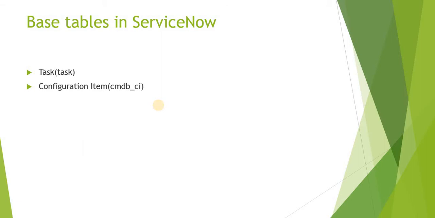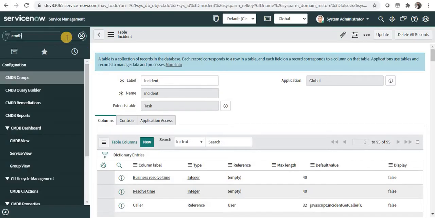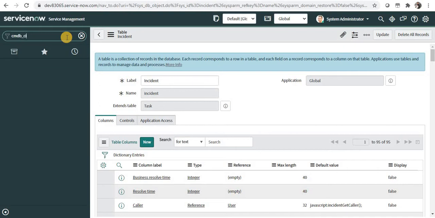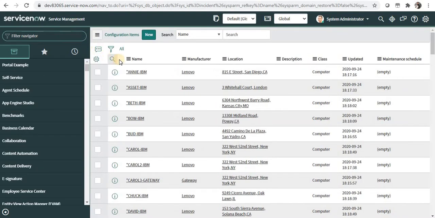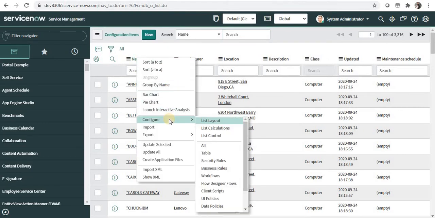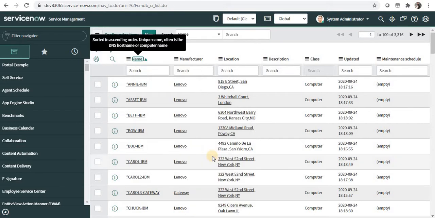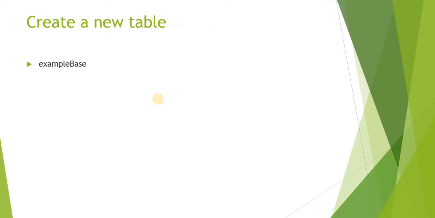If you want to see any of these tables, you can again go to ServiceNow and say cmdb_ci, and you notice how I wrote the backend name of the table, and I will say dot list, and the list of all records should appear, and I can right click on any of the headers and say configure table, and I should be able to see the properties of this particular table.